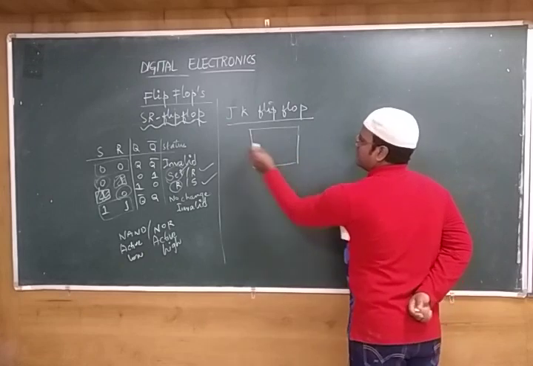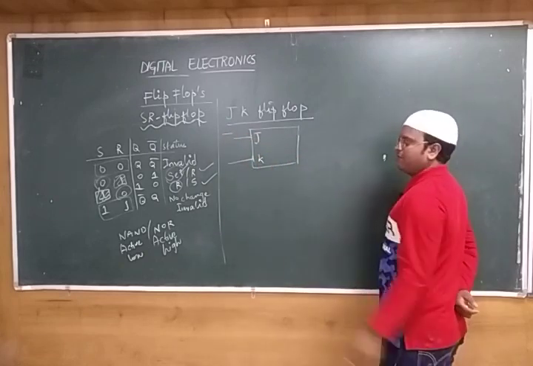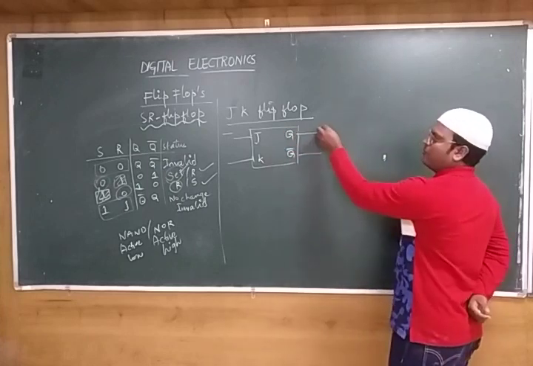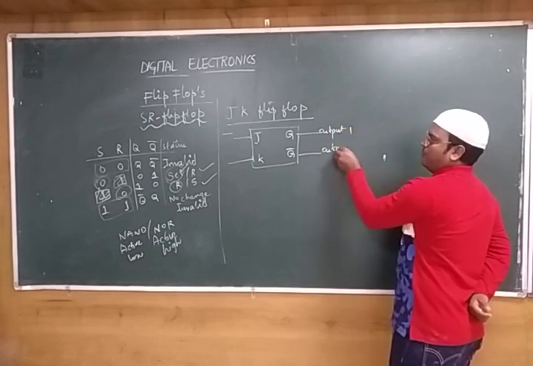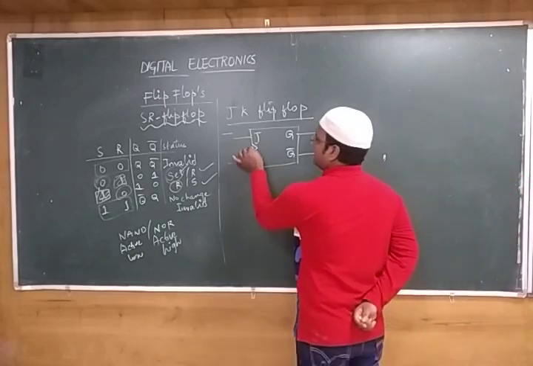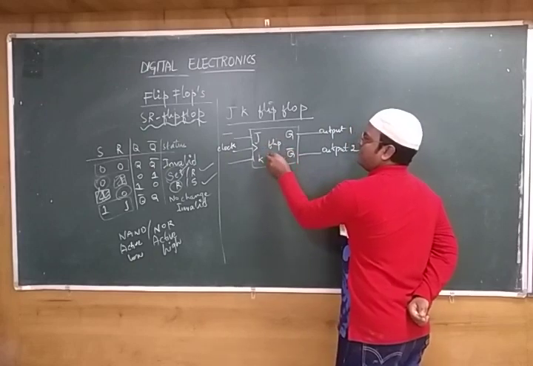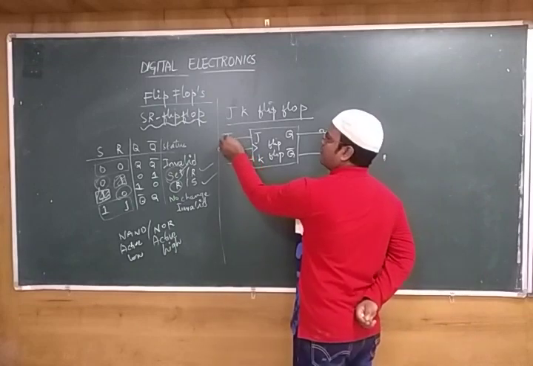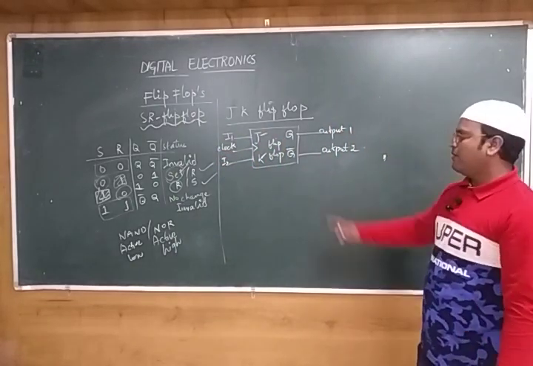So first we are giving J input, second we are giving K input, right? These are inputs. What are the output values we do have? One is Q, another is Q bar. This is output 1, this is your output 2. So by giving two outputs, you are going to design and give the clock pulse, right? Since we are saying it's a flip-flop, we are designing JK flip-flop. That's our block diagram. So this is input 1, this is input 2. Input 1 is considered to be J, input 2 is considered to be K, and here Q and Q bar.